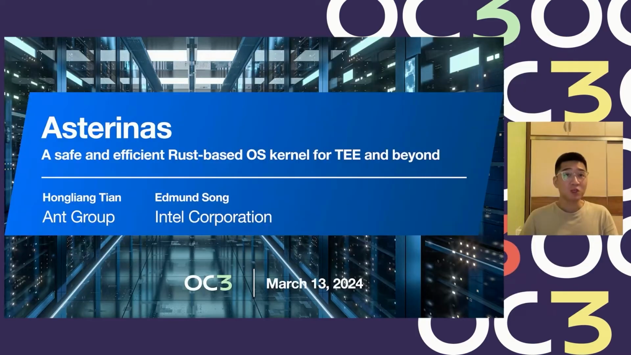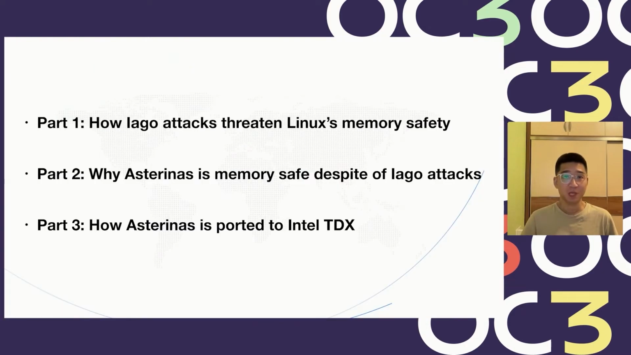We'll talk about Asterinas, a new Rust-based OS kernel that we have built from scratch for TEE and probably some more use cases. The talk is divided into three parts. First, I will provide some background knowledge about Iago attacks. In particular, I will show how Iago attacks affect Linux kernel's memory safety. Then I will present Asterinas, a new Rust OS kernel that provides high assurance of memory safety despite Iago